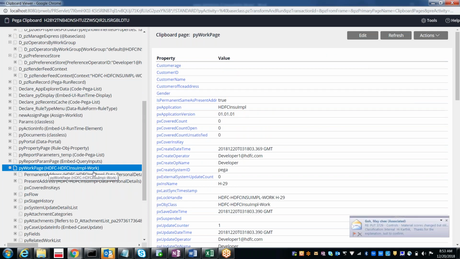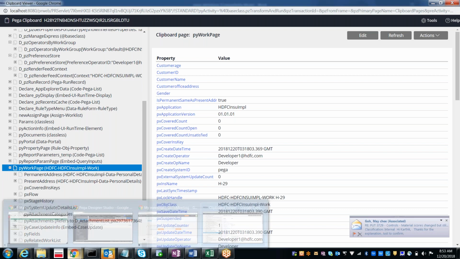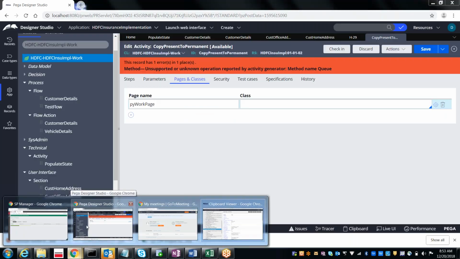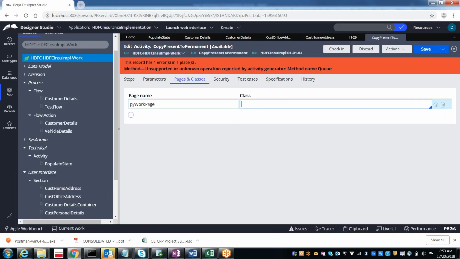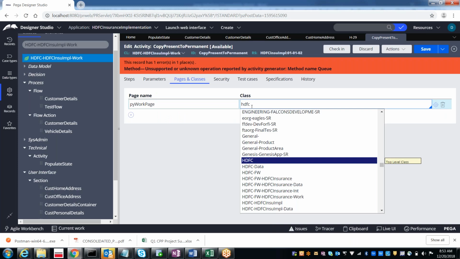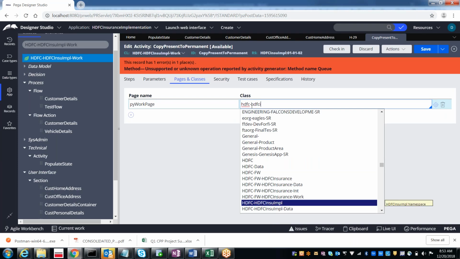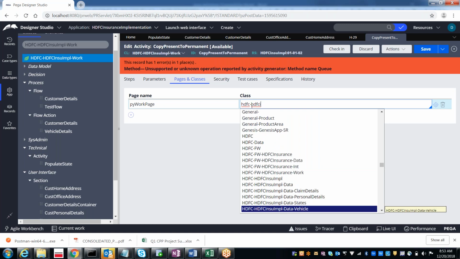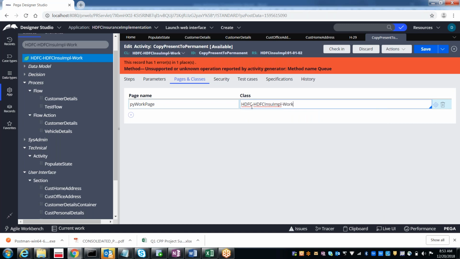This is the class it refers to. So now we have the access to the PY work page.